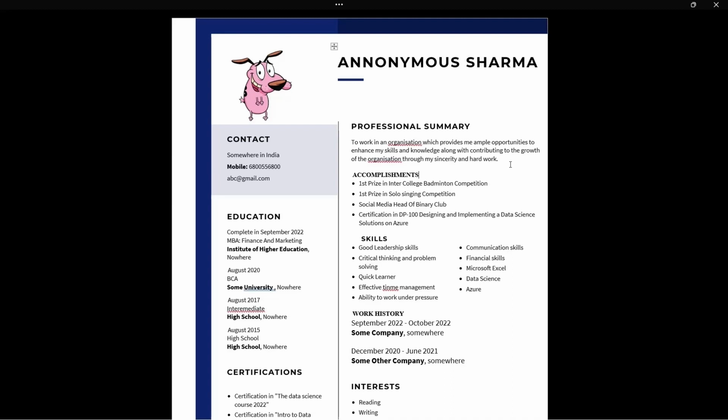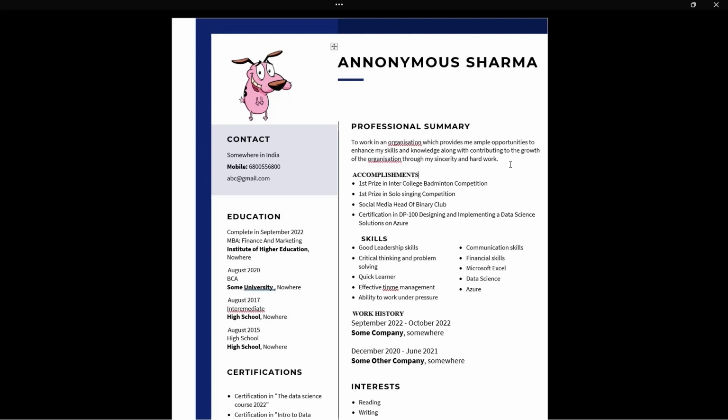But now you need to understand what exactly you should be writing within this area of bio or professional summary. You should be writing what skills you know, what kind of projects you have done, and how much experience you have. Even if you are a fresher and you have been working on projects for, let's say, 18 months or 24 months, you should be writing that briefly in an efficient manner. Your mindset should be telling the recruiter what you are bringing to the table